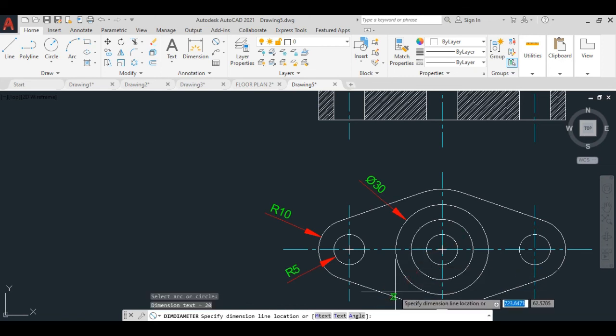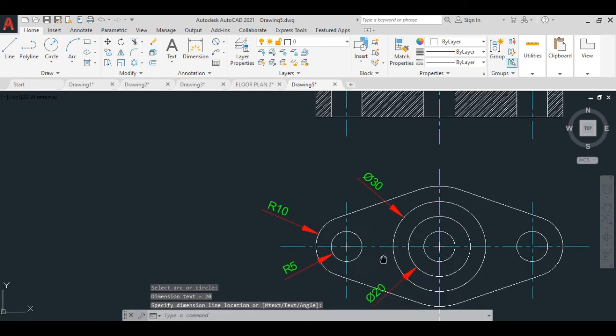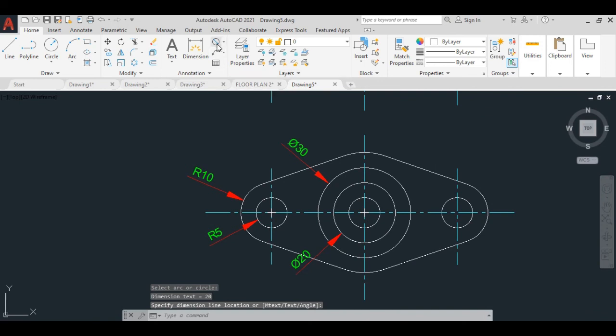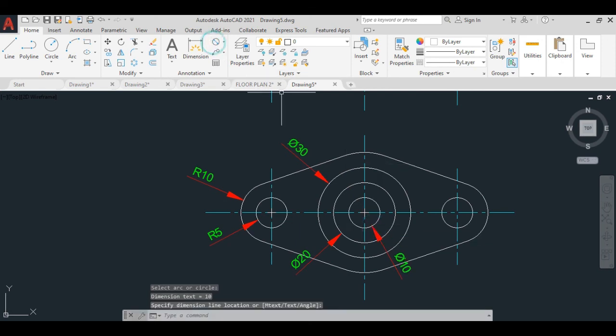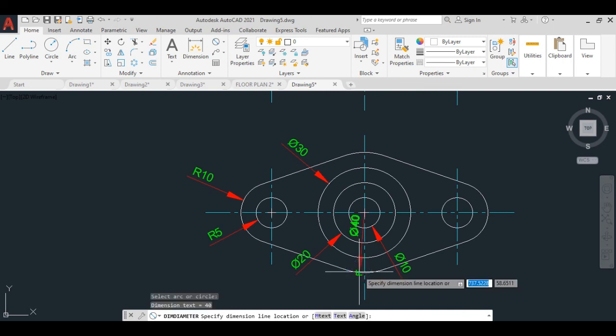I just give it here, diameter 10, and this is also a circle part.